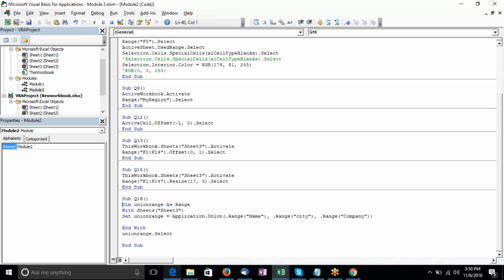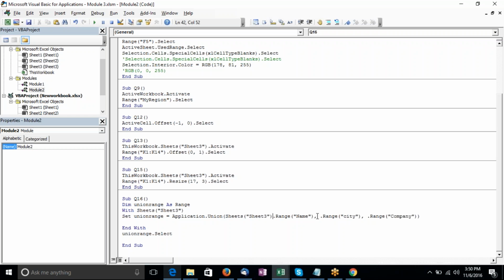So we have created a variable union range as range type, not a data type. This is a range type variable, and we have used sheet 3. Normally what we would have used if we haven't used with it here, we have to use sheets dot,